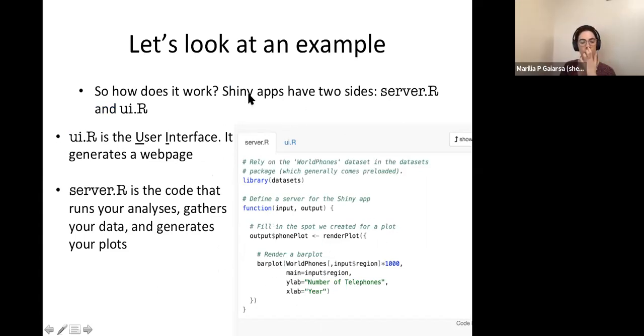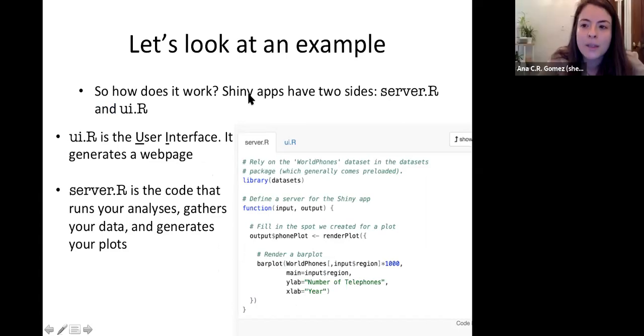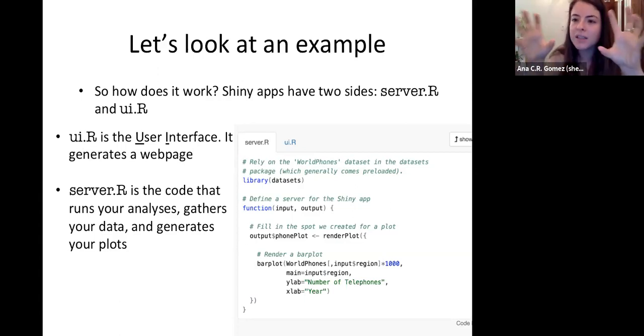And what are the elements of a Shiny app? So you have server.r, and the UI, UI.r. UI stands for user interface. So all of the code that sets up the little interactive bars, the little pieces of text, the title, the way that it's set up. So what decides that the plot's going to be on the right and the drop-down menu on the left. These things about the web application are going to be in the user interface, the UI, and